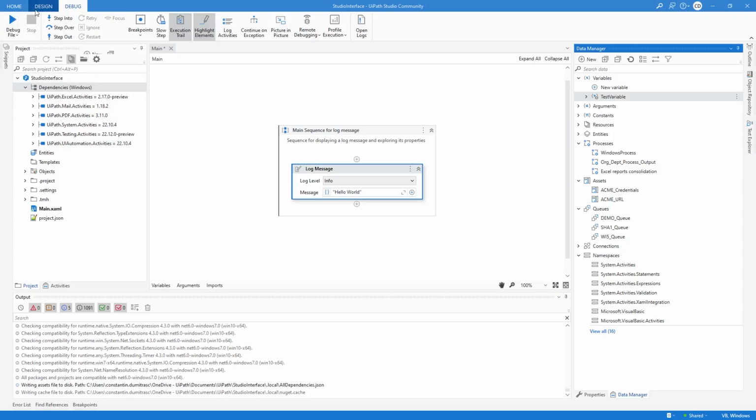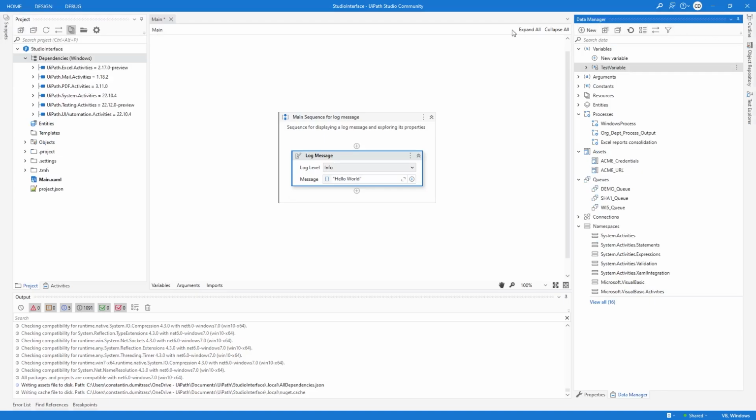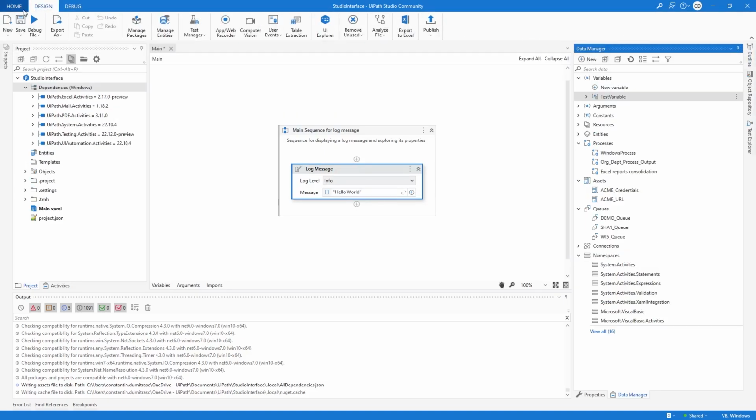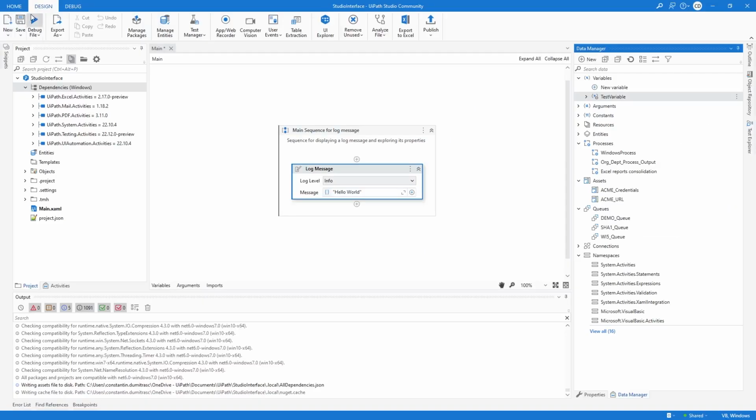The ribbon is straightforward and can be minimized or expanded by clicking the Minimize or Expand button. The ribbon has the following tabs. Home is where we create and open projects, configure Studio, or access help and license information from the Studio Backstage view. Design is where we add sequences, flowcharts, and state machines to our project. Install and manage activities packages, build interactions with UI elements, export workflows to Excel, and publish our work to Orchestrator